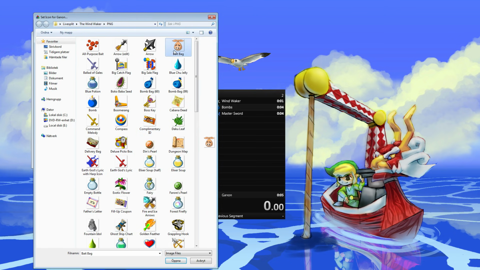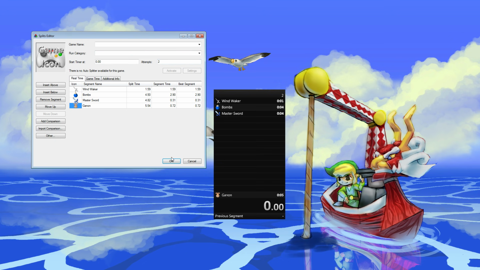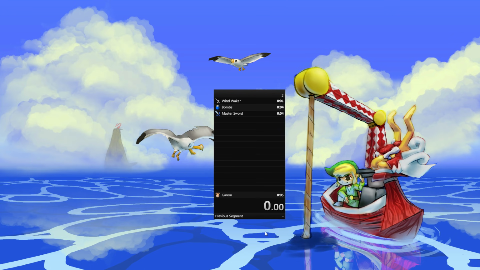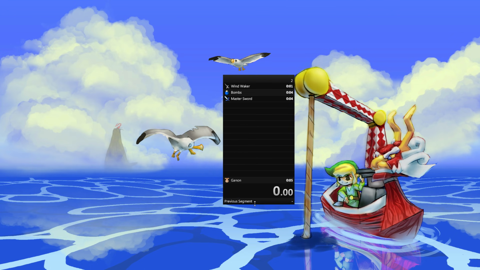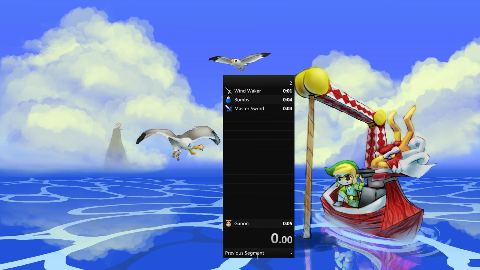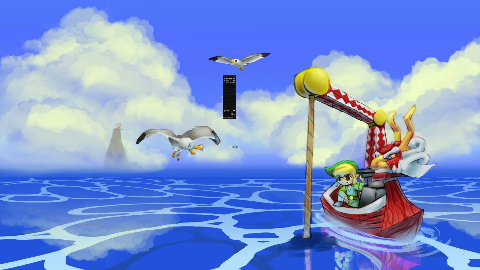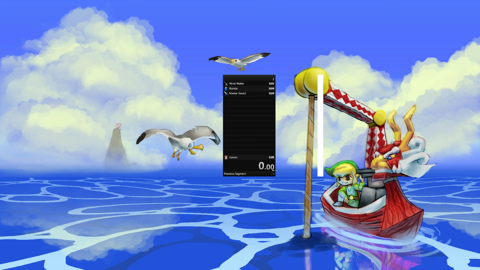It doesn't really matter. Let's do the bait bag, sure. As you can see right now, it added the icons right here, and that's all good and fair. Now, there's a couple of things you can do with just this alone. You can make it smaller, bigger like this. You can drag it sideways and all of that stuff. However,